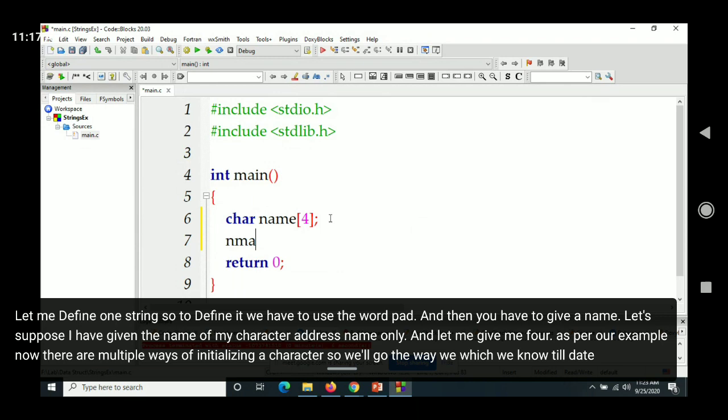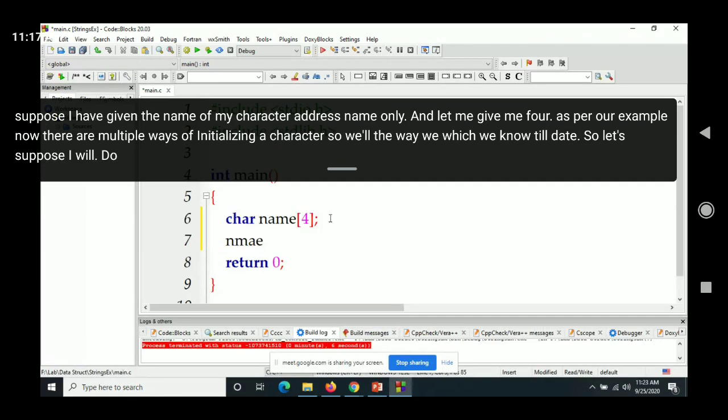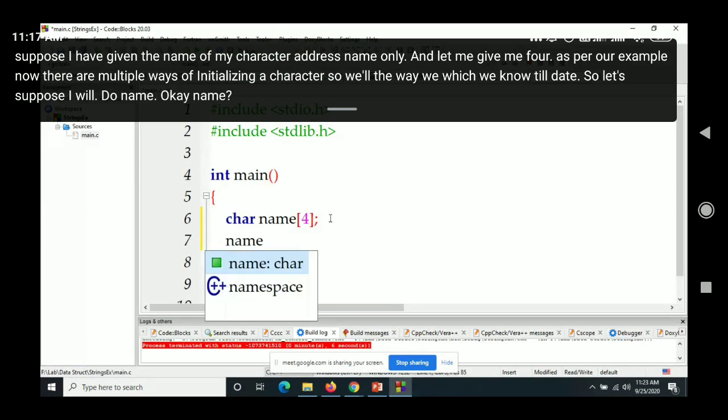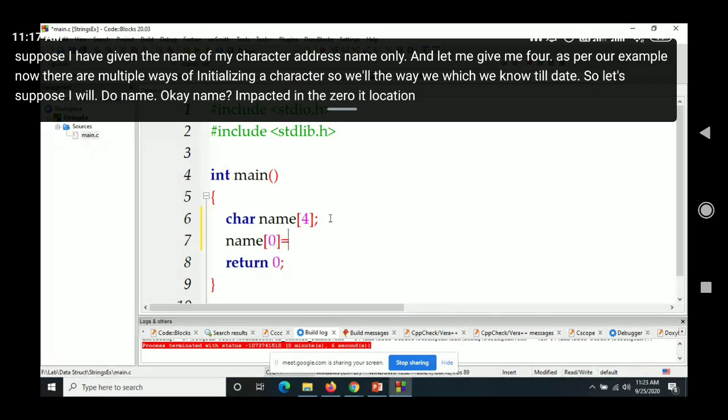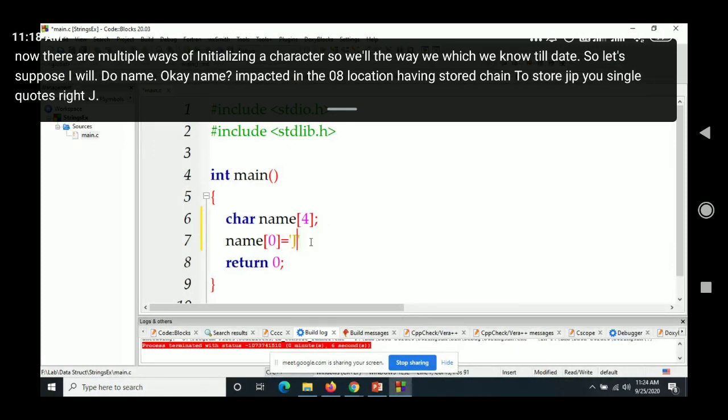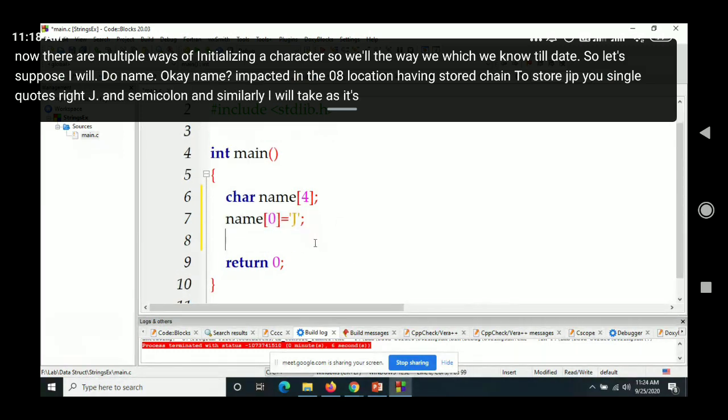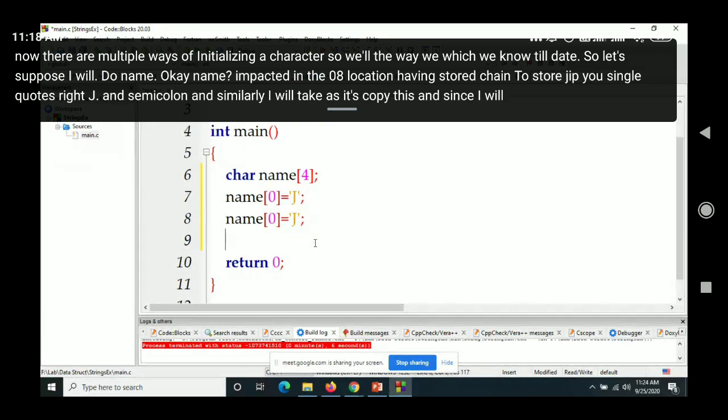So let's suppose I will do name. Name in bracket, in the 0th location I will store J. To store J I have to use single quotes, write J and semicolon. And similarly I will copy this and just change it according to my need.